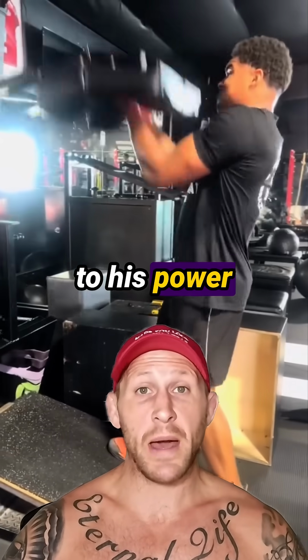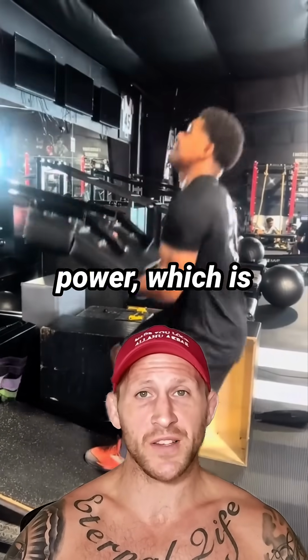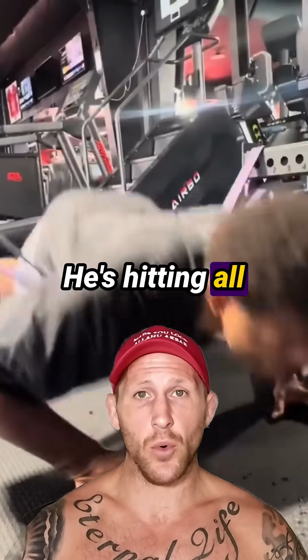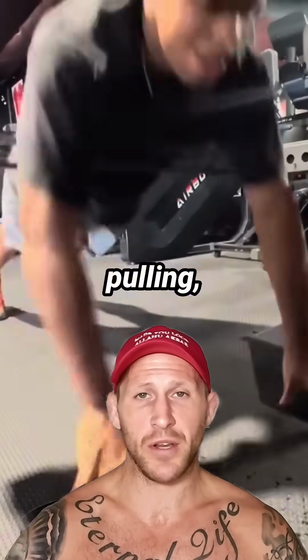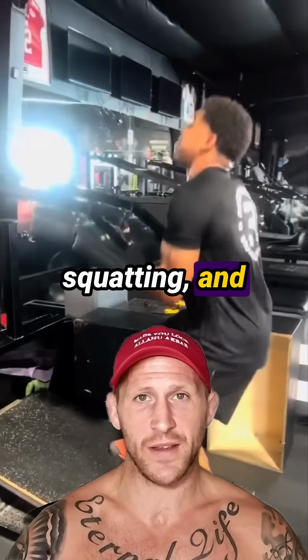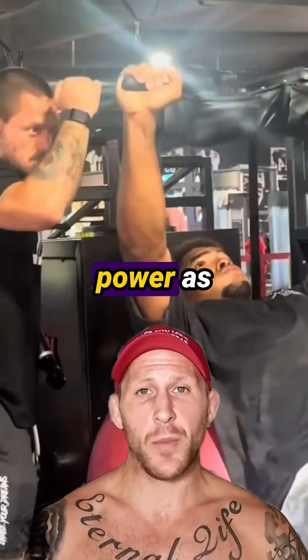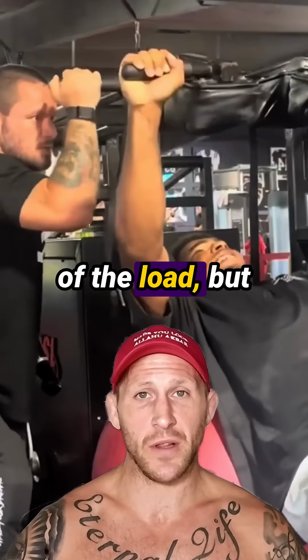With regard to his power work, I'll first talk about what I call fast power, which is where there's projection of the load or jumping. He's hitting all of the major movement patterns like pushing, pulling, hinging, twisting, squatting, and lunging, and it all looks fast and snappy. I'd term slow power as anything where there's no projection of the load,